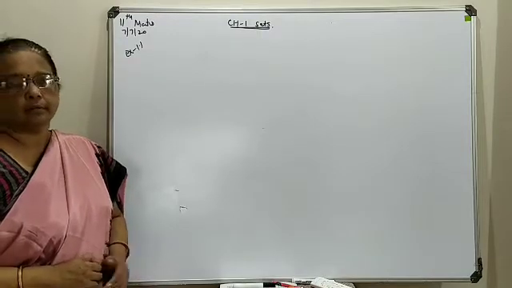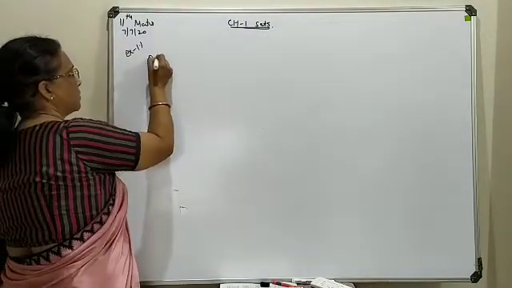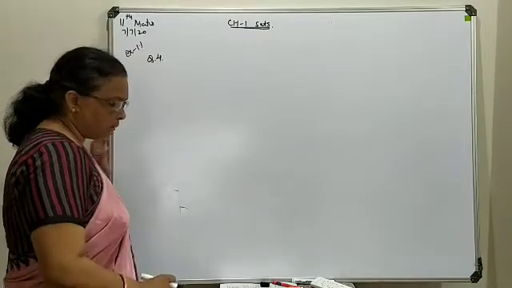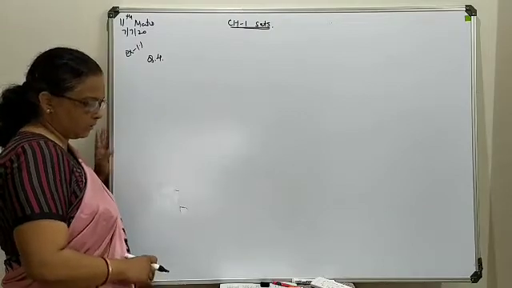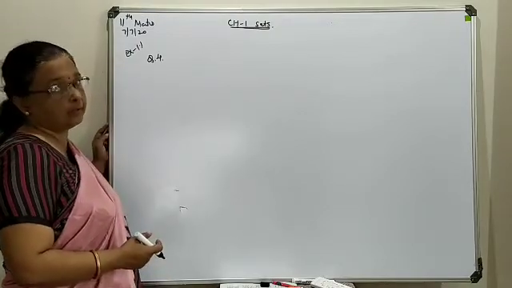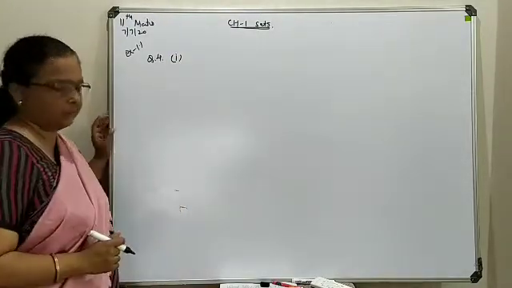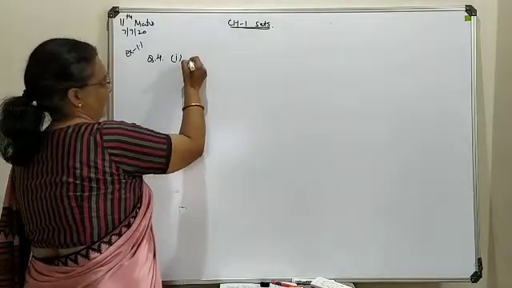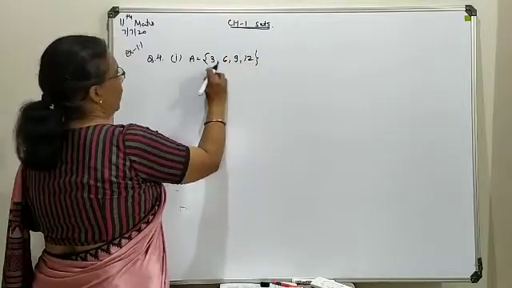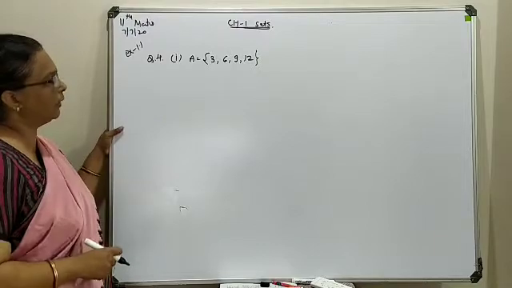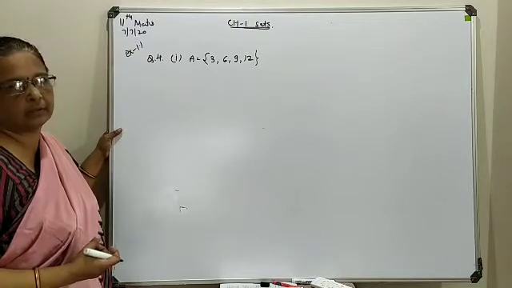So question number 4 of exercise 1.1: here we have various forms of a set in terms of elements. So we are going to pick them up to convert them into set builder form. First we are going to make A, so your first set is available as 3, 6, 9 and 12. If you look at these elements carefully, you will find all are multiples of 3. So this is a reference from the given elements that we can take.